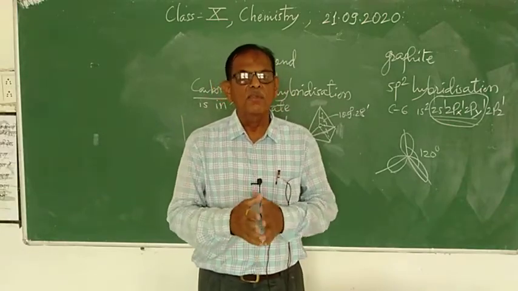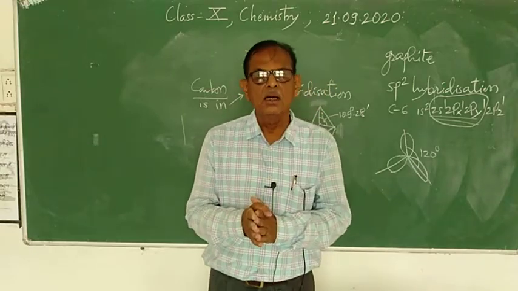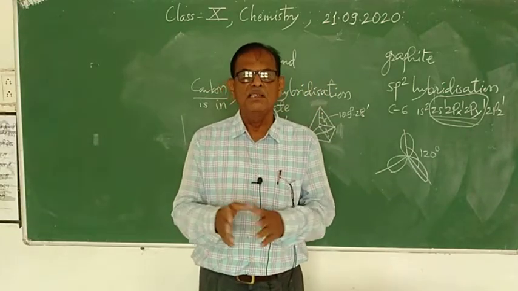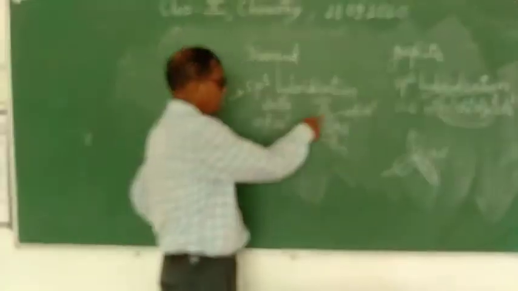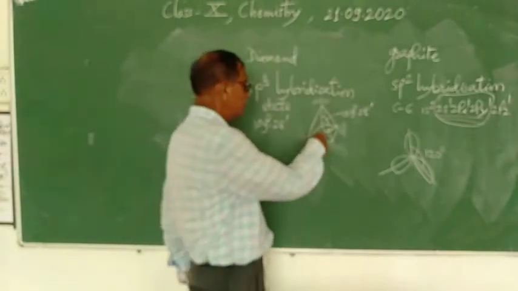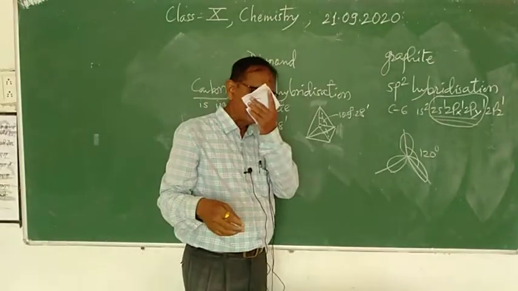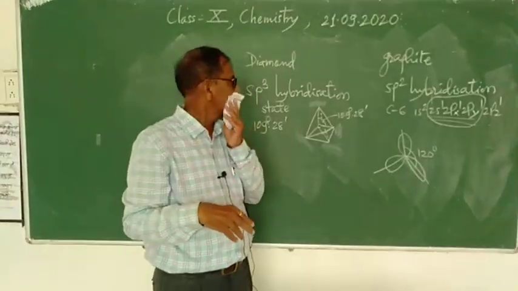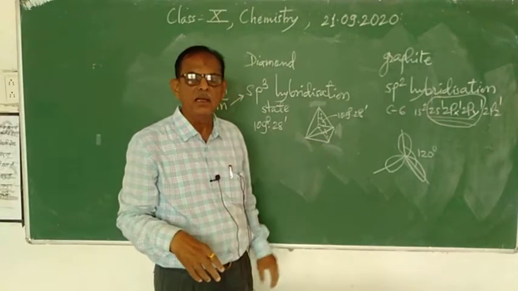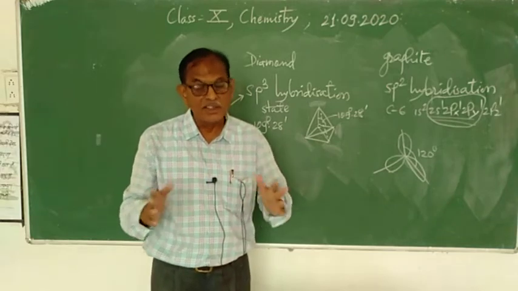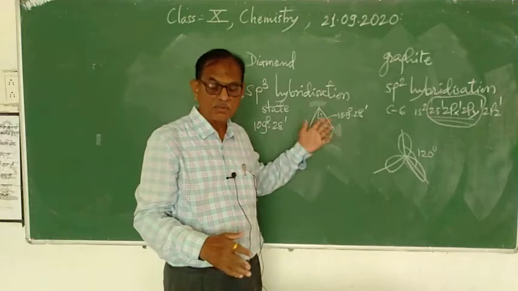So in this way, diamond is a bad conductor, the hardest substance on the earth. The covalent bonds are strong. There are all sigma bonds, no pi bond. In case of graphite, there are pi bonds. There is 1 pi bond in one molecule, and sigma bonds are strong, and therefore they do not break. And thus, this is the difference between graphite and diamond. Remember, this is the most important difference between graphite and diamond.